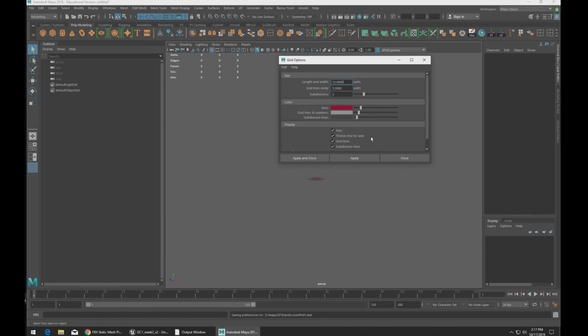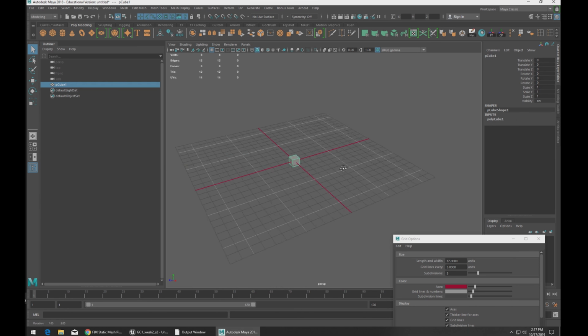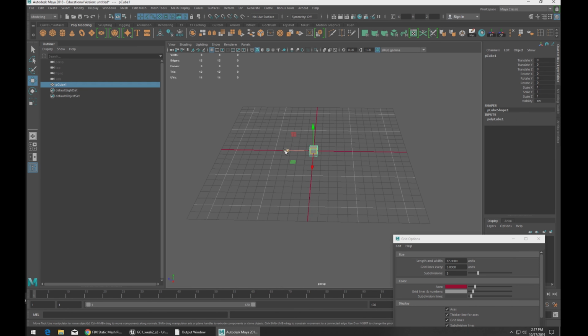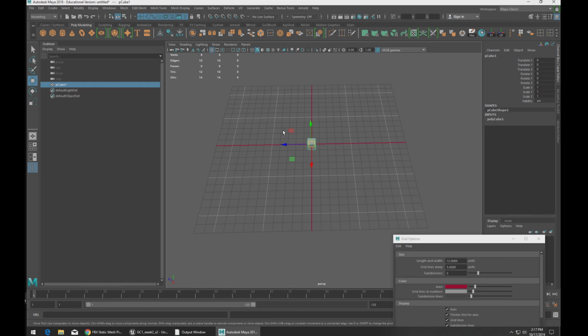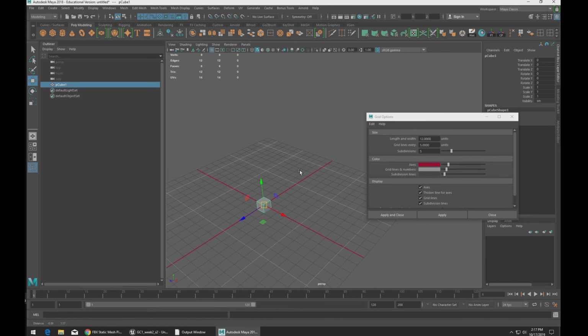Later on we're going to build a simple starting block out of a scene, but the default Maya grid is minuscule. Let's take a look at that. If we go into the grid settings in Maya, set this back to the default, and apply that,